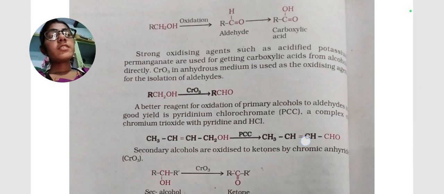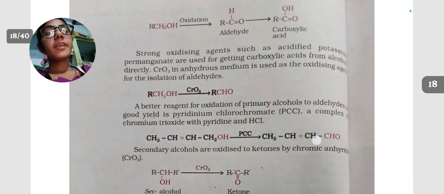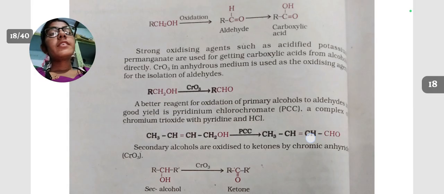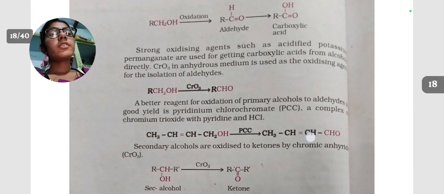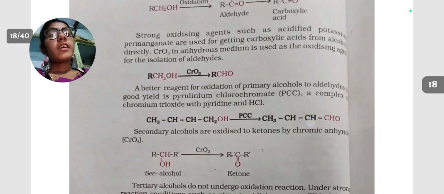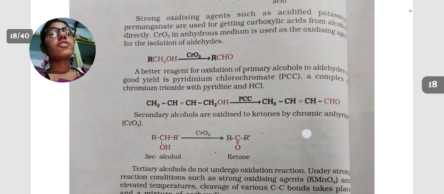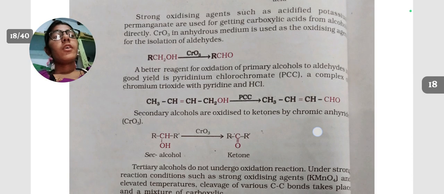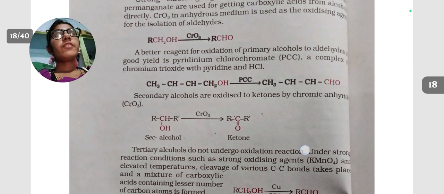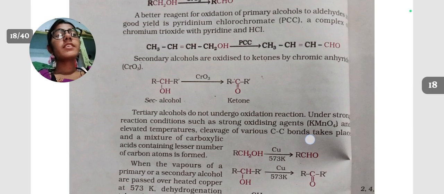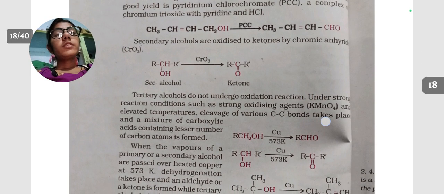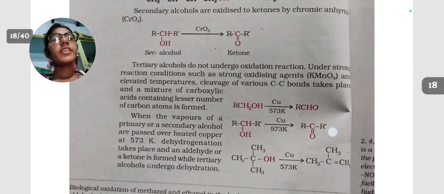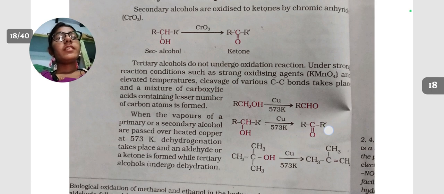Strong oxidizing agents like acidified potassium permanganate are used for getting carboxylic acid from alcohols directly. CrO3 in anhydrous medium is used as the oxidizing agent in the isolation of aldehydes. A better agent for oxidation of primary alcohols to aldehydes in good yield is pyridinium chlorochromate, which is pyridine with HCl and CrO3. Secondary alcohols are oxidized to ketones by chromic anhydride. Tertiary alcohols do not undergo oxidation reaction under normal conditions, but with strong oxidizing agents and elevated temperature,